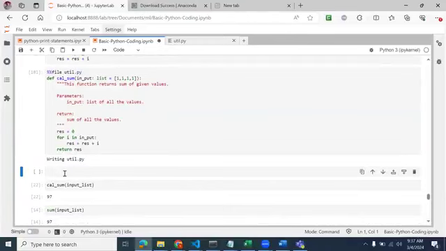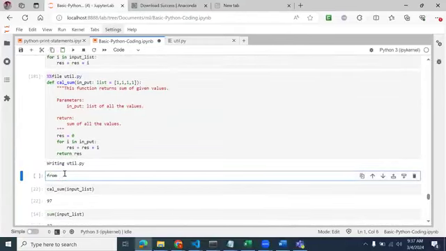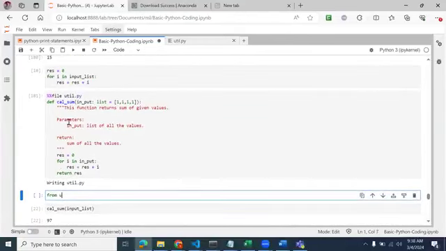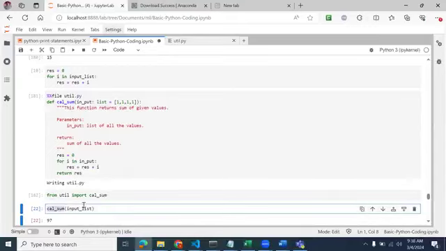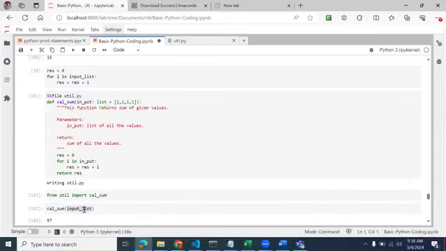How are we going to import it? From your file name, that is util, import your function name, which is calculate sum. Now I can use calculate sum with an input list. See,